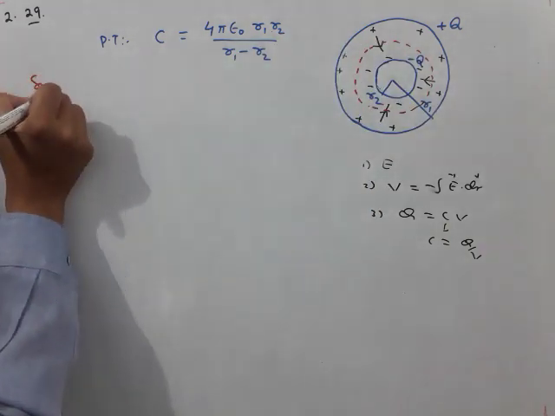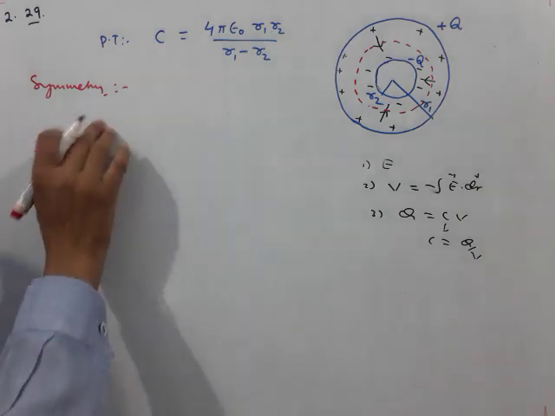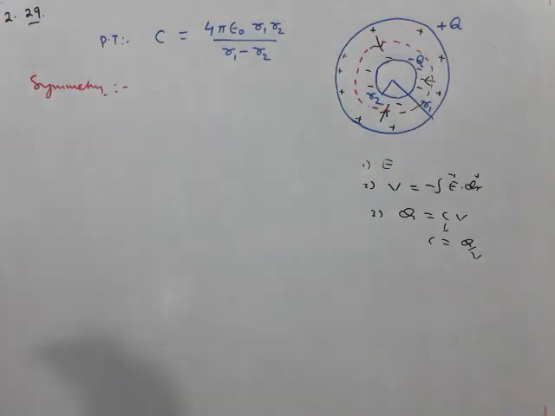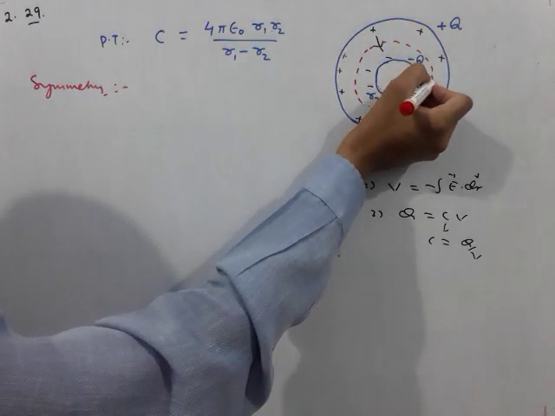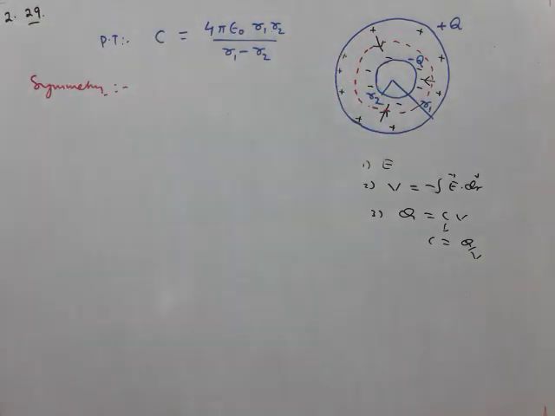We will use the concept of symmetry. Many times we have discussed this. At all the points on the Gaussian surface, the electric field must have the same value, and it is directed radially inward. You can see the direction from plus to minus. That will be the direction of the electric field. dr vector will be outward. Clear?